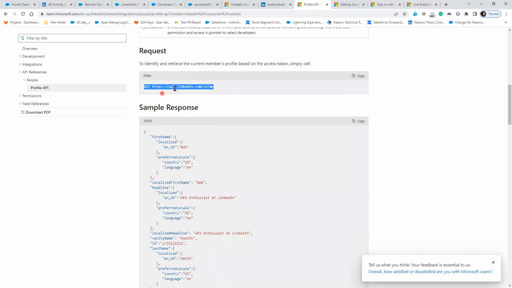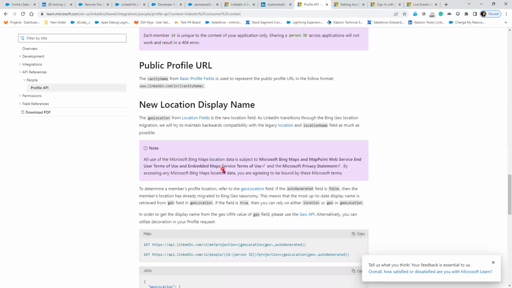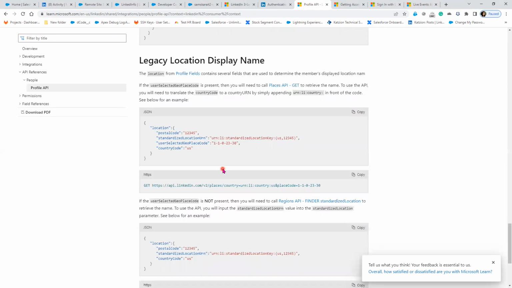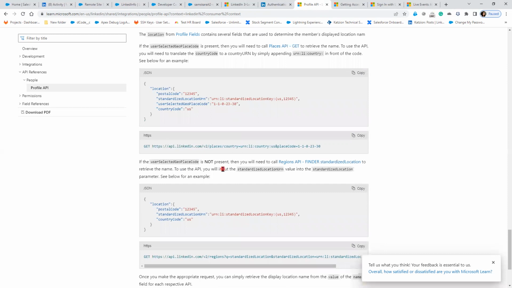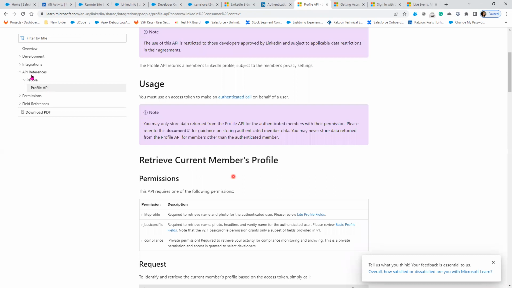Right, we have gone through this request and we have received the response. The response we have received is all this: first name, last name, localized, ID. So ID is important because whenever I'm doing the post,